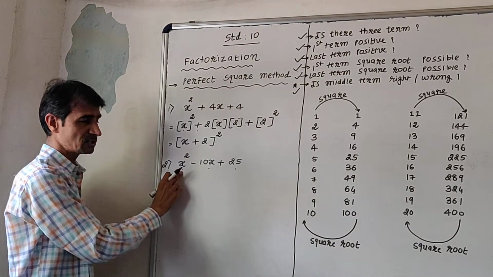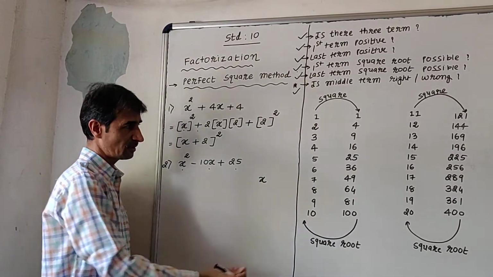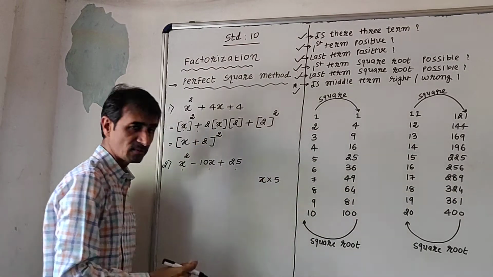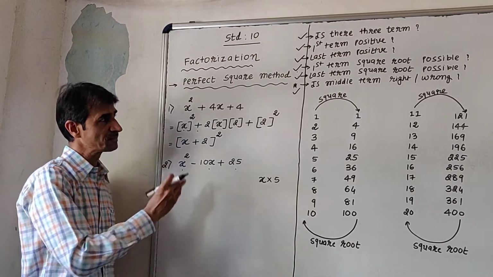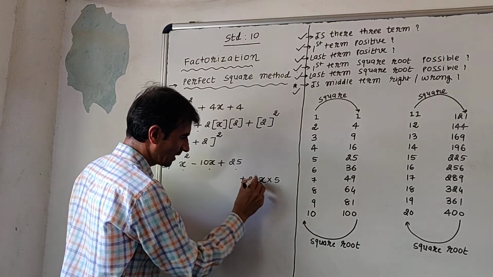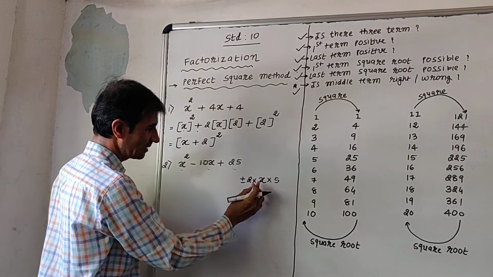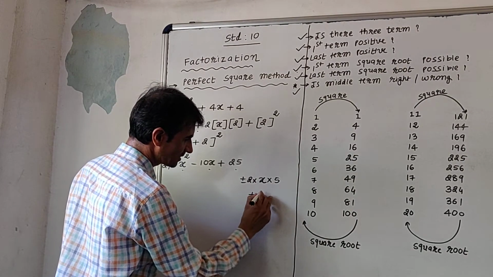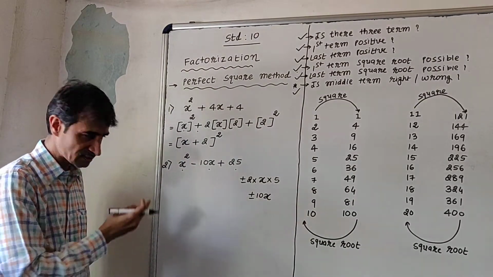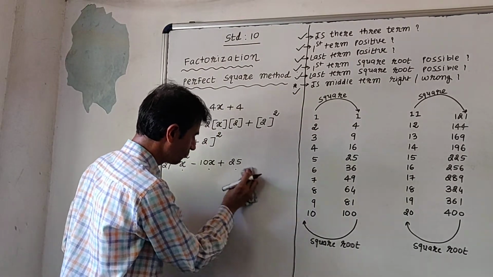Then, first term square root is possible, yes, and that is nothing but the x. Now the last term square root is possible, you can see in the chart, 25 square root is 5. Now multiply by 5, and now the very much important question is the middle term is right or wrong. Now here plus and minus 2 from the pocket, and the multiplication gives me the middle term. Now it will be a 5 times 10, and x means what? Here plus or minus 10 is the applicable. Now you can see here, this is my minus 10x. So again the last question will be a positive. Okay, that means I want to go for the solution now.